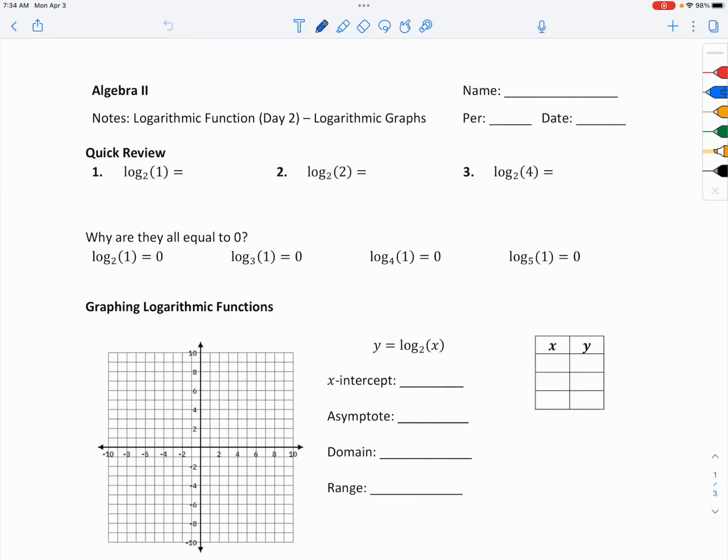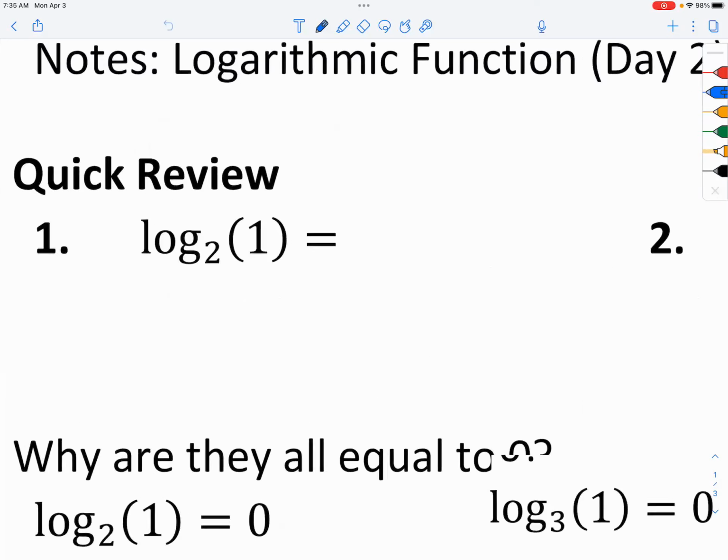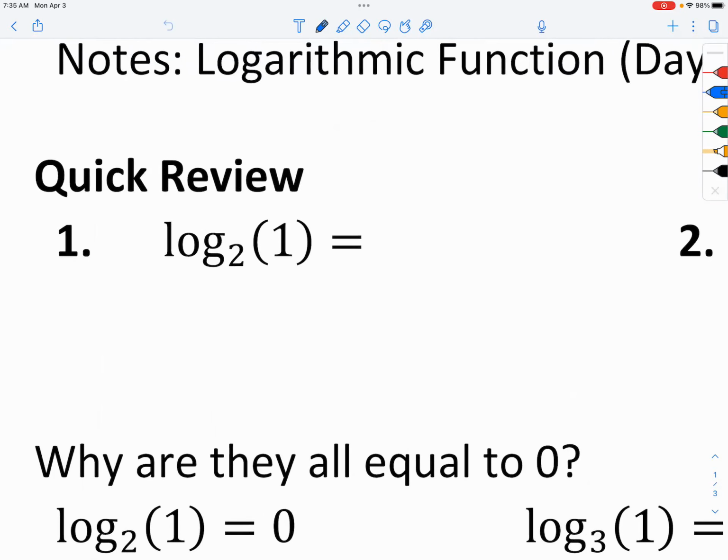All right, so let's start with a quick review. See if you still can retain what happened last week. Now, again, it's all about how you think about it. Okay, how do we get the answer? What kind of question are we posing right here? And what did we talk about last week was how